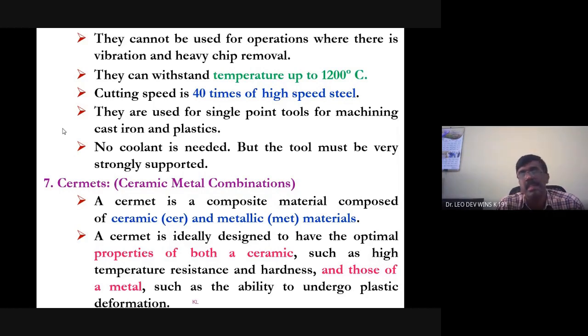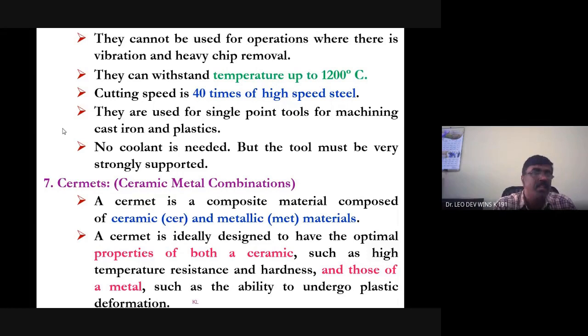The ceramic material is aluminum oxide, Al2O3, a commonly used ceramic material, but there are other ceramic materials also available. In our cutting tool material, the commonly used ceramic is Al2O3, or aluminum oxide. So it will have the properties of both ceramic as well as metal. Another important purpose of adding ceramic: